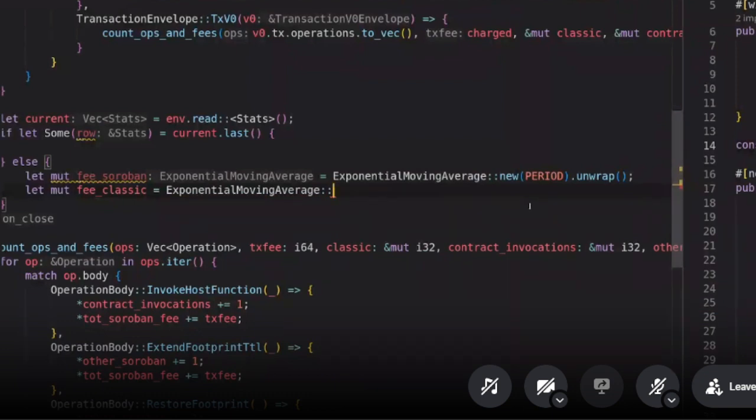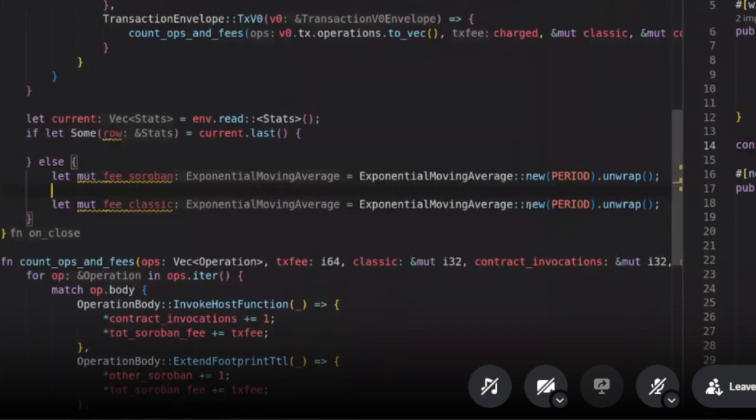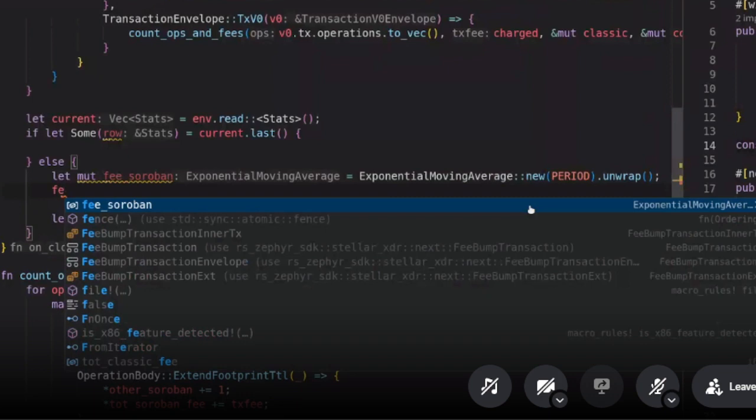So as of now, keep in mind that there really isn't any testing going around, and it's something that we actually want to tackle as a very next thing, because